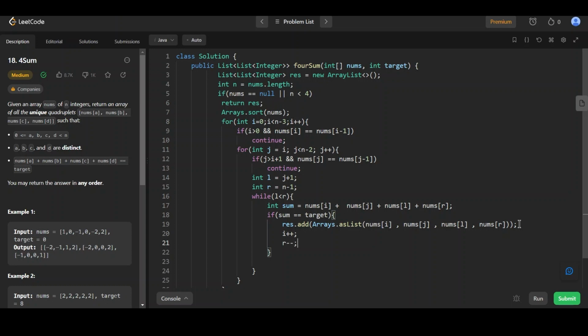Before that, we want to avoid the duplication. So what we do, if the next element is the same as the previous, then we should increment the L pointer to avoid the duplication of the L pointer. We want to check if the previous element is equal to the current element, then increase the L pointer. Similarly for the R pointer, we want to decrease the R pointer. So here we are doing while